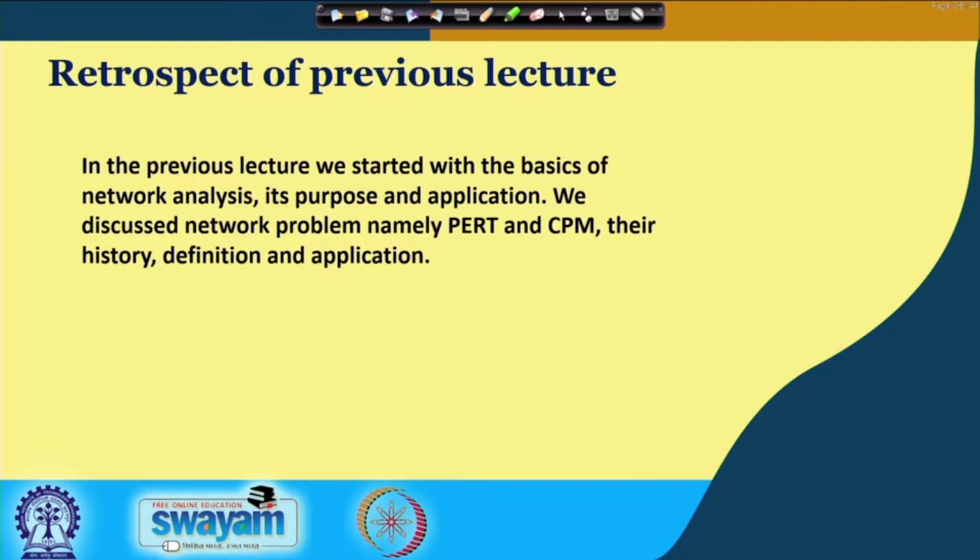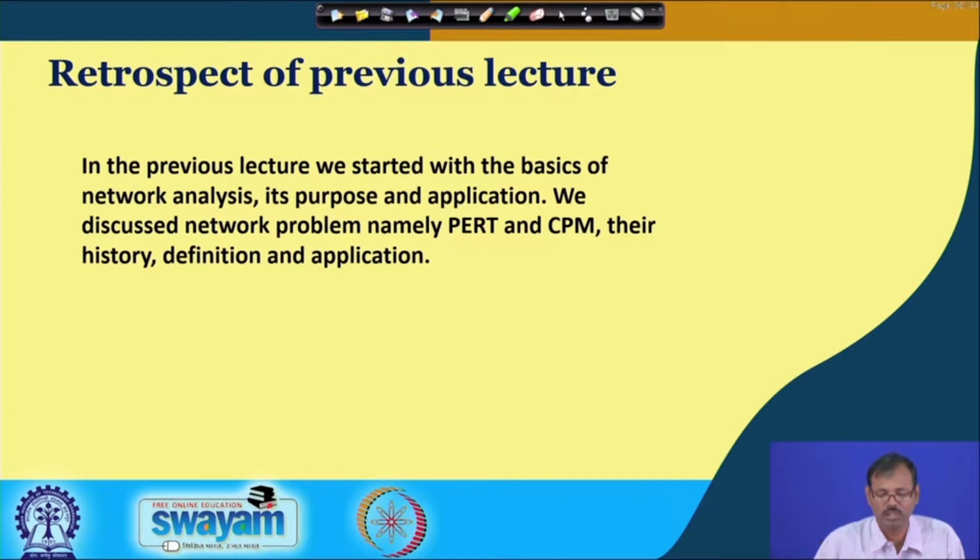Now, you know that network analysis is nothing but analysis of the different unit activities carried out for achieving some manufacturing or for completion of a total process. So, there is a total process which comprises a number of unit activities. Network analysis is nothing but presenting them in a network form, and that is required for its optimization either in terms of time or in terms of cost or in terms of the conservation of the material.